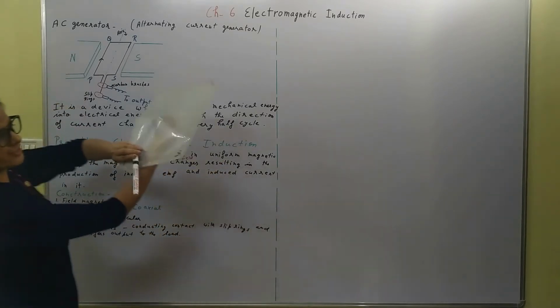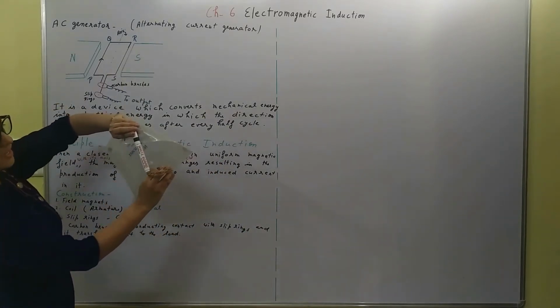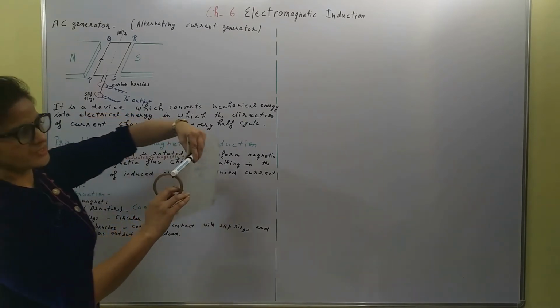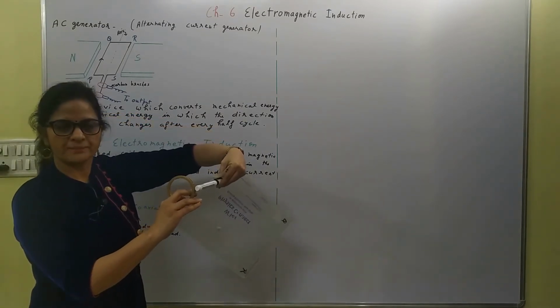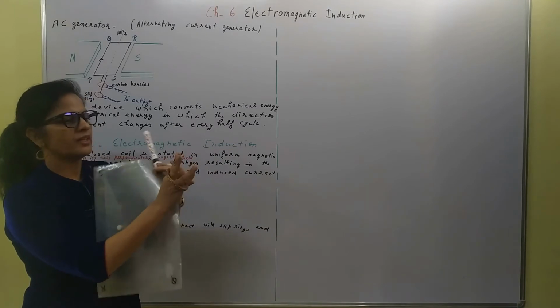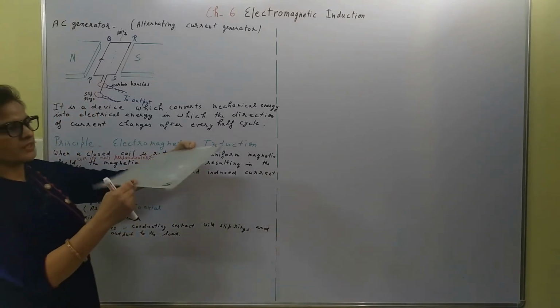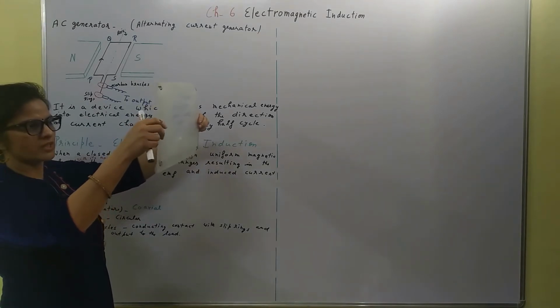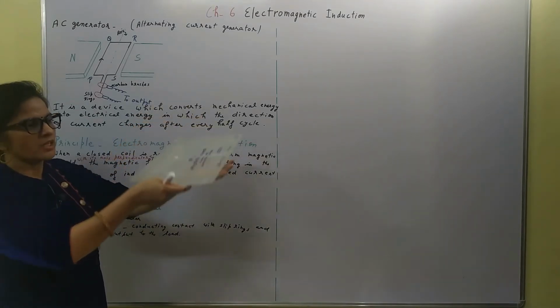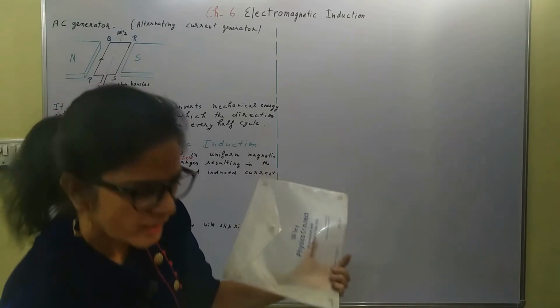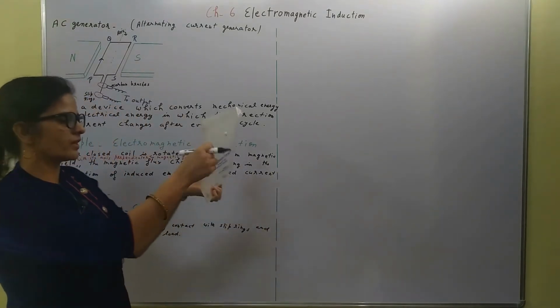So this was the first end which is connected to the slip ring like this. When this is rotating, this is still connected to the slip ring like this, right? So this way it is still having the connect with the same slip ring. Now look at this, it has moved like this, then due to inertia it comes like this. Now in this position it is trying to move downwards.